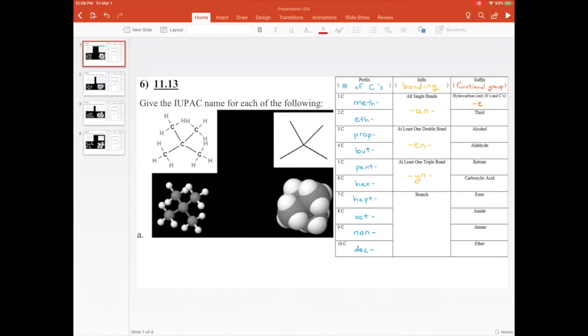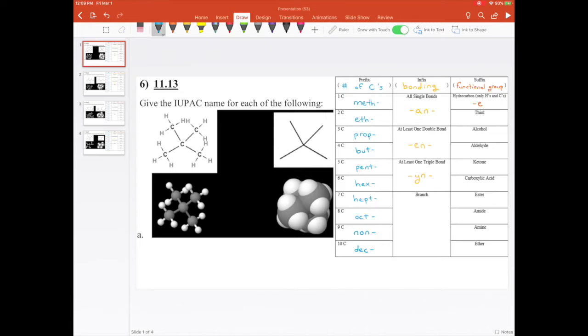In question 6, they are asking you to give the IUPAC name for molecules, alkanes that have branches. And so the first step with these is to find out what's called the parent chain or the backbone. The parent chain or the backbone is the longest straight chain you can find without lifting up your pencil or